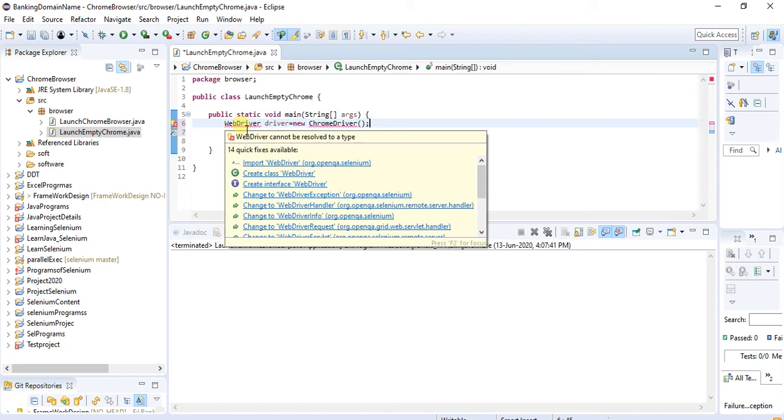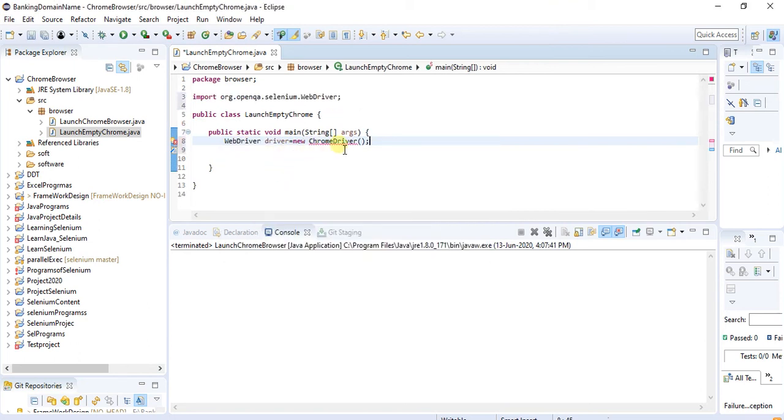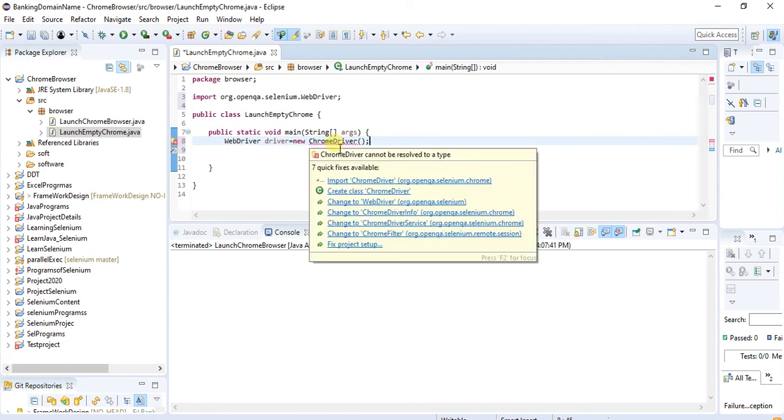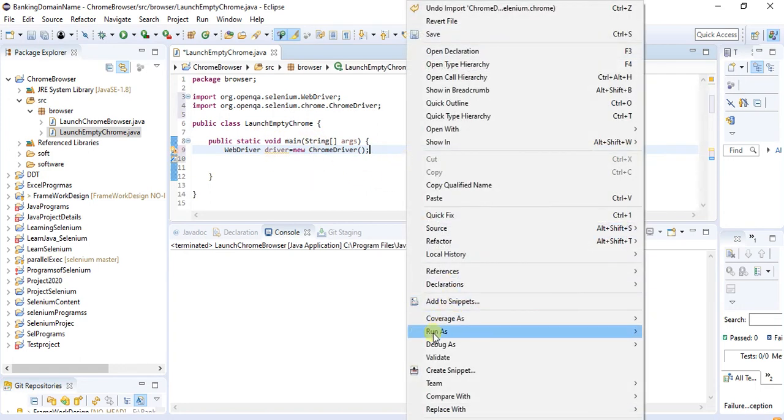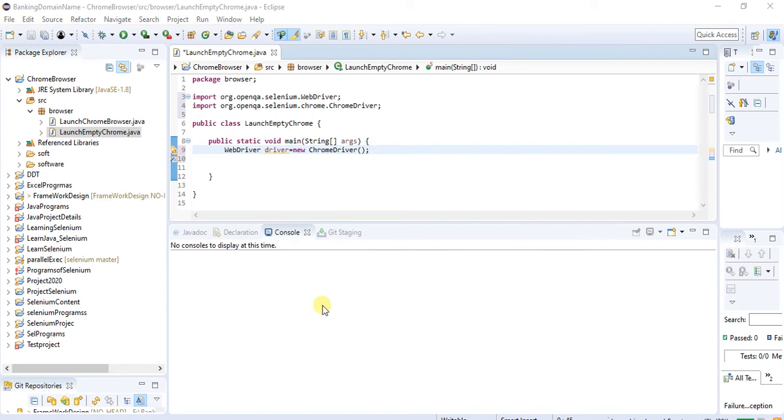It is asking me to import the WebDriver. So import the WebDriver. I need to create the object of WebDriver. So I need to import the Chrome driver. Now right click on it and launch it: right click, run as, and go to Java application.